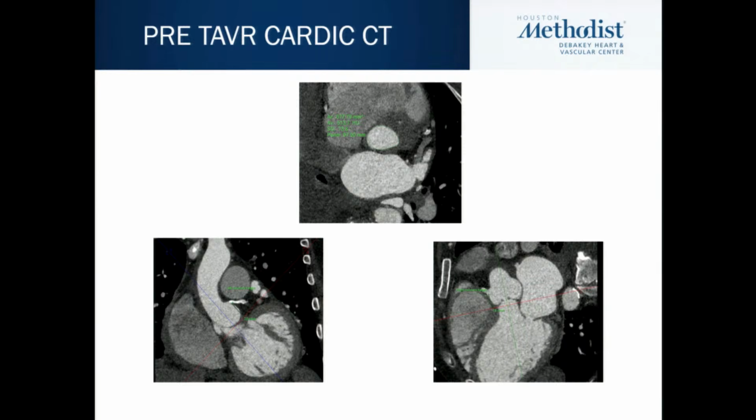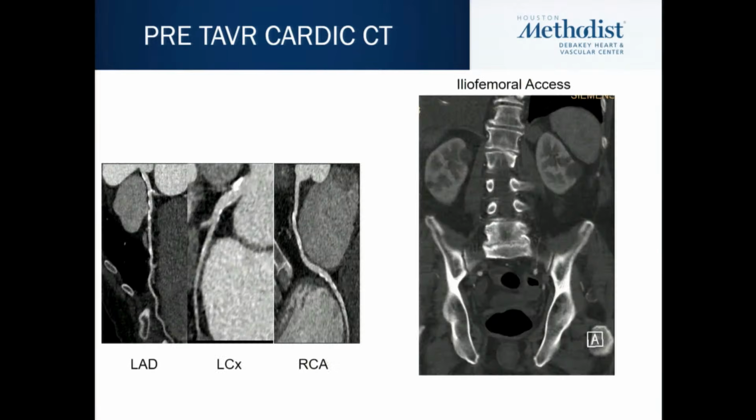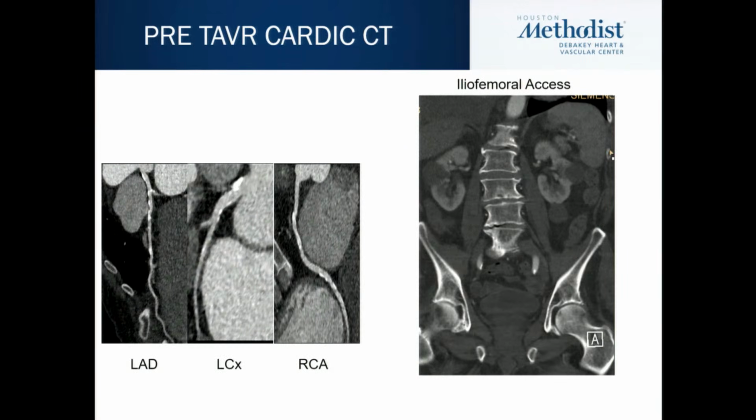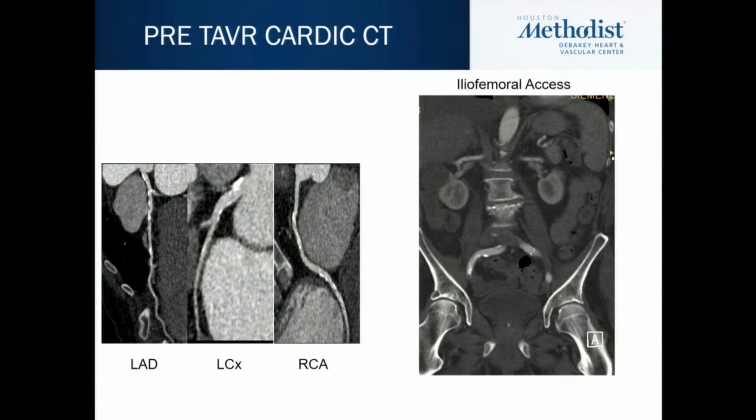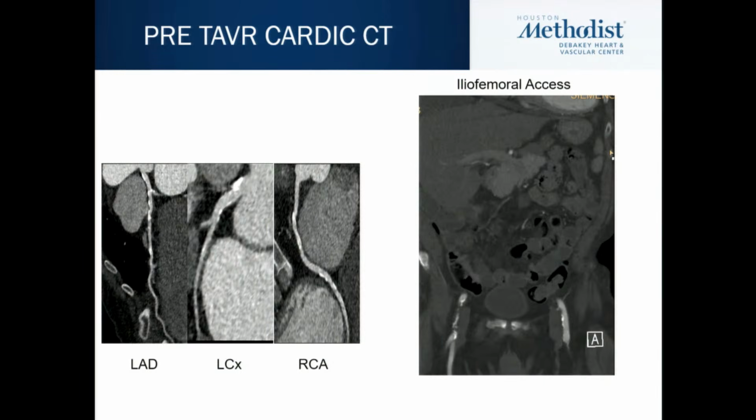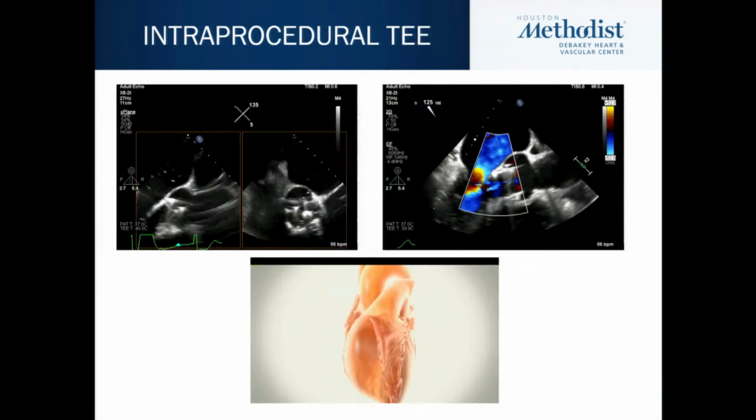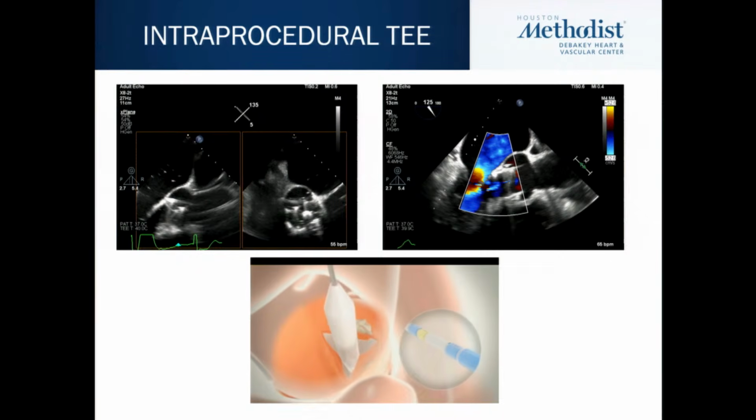It also helps provide coplanar fluoroscopic angle prediction in advance of the procedure. In addition to evaluation of coronaries, we also evaluate the peripheral access to see if it's suitable or if the TAVR is feasible in these patients. So going on to the intraprocedural TEE that was obtained when the J valve was used for severe aortic